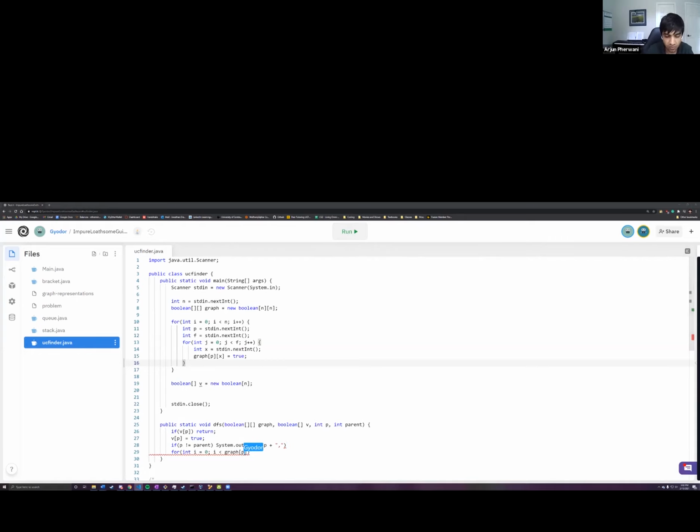For the purposes of people who are like the coding equivalent of grammar Nazis, we'll just do that. The graph P, even though it's like an adjacency matrix, so the dimensions on both sides, it's a square matrix. Let's just keep the semicolon that way. Did you forget it after the system out? Line 28. Thank you, whoever pointed that out. I think it's Christopher. Yeah. Awesome. I'm good at this.